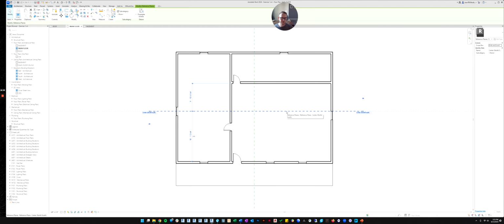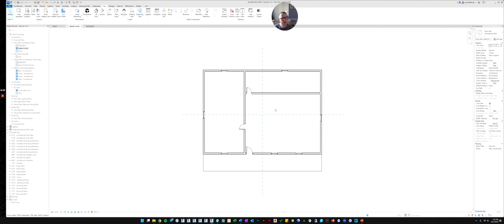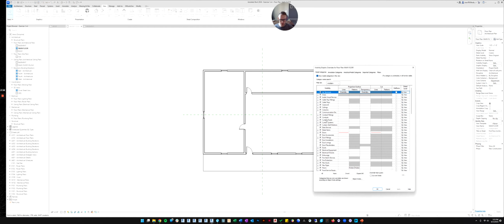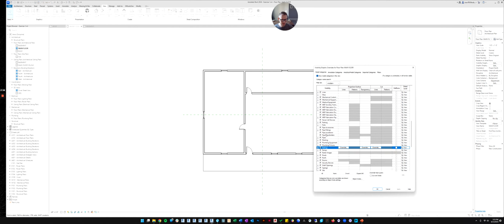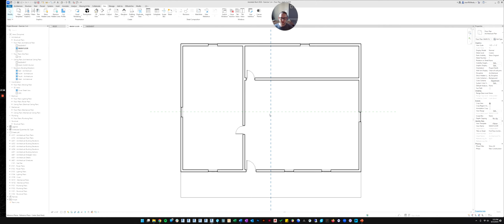Let's shut off these reference planes. So along those lines, instead of going to the visibility graphics panel, which we could do, we could look up reference planes, which I think reference planes are considered annotations. So let's scroll down to the R's. Reference planes right here. I can uncheck that box and hit apply, and those will disappear. Okay, that's one way of doing it. I'm going to undo that.